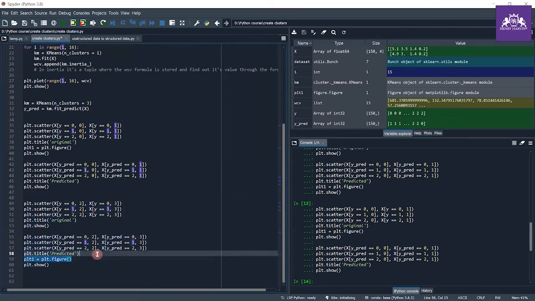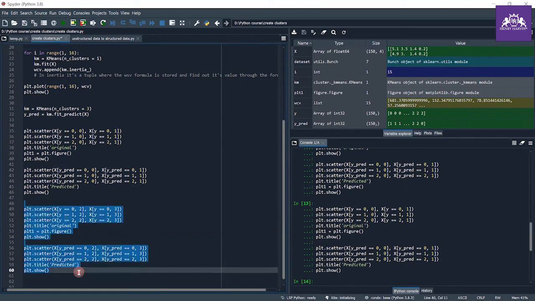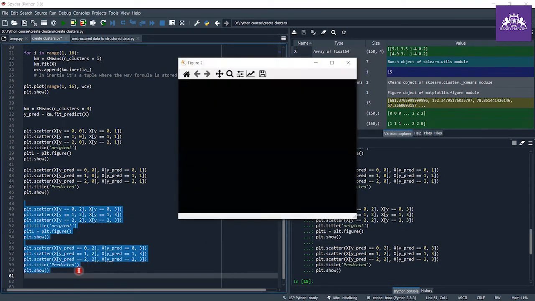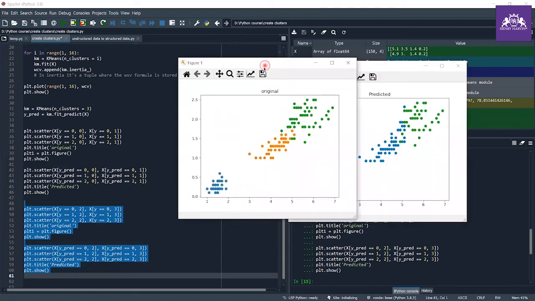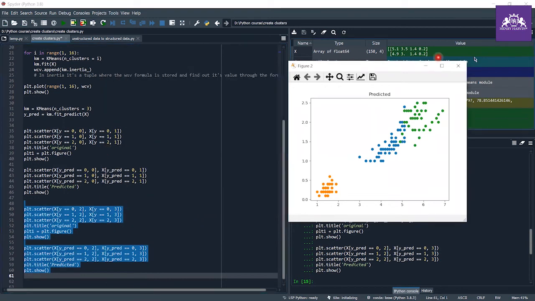Paste it here. And now let's see the prediction and our original value. So this is our predicted, this is our original. As you can see, our prediction and the original value are quite close. There is somewhat of a mismatch, yes, obviously, but I can say that approximately 90% of data is classified by using this k-means clustering without doing any training. So that's the beauty of this.